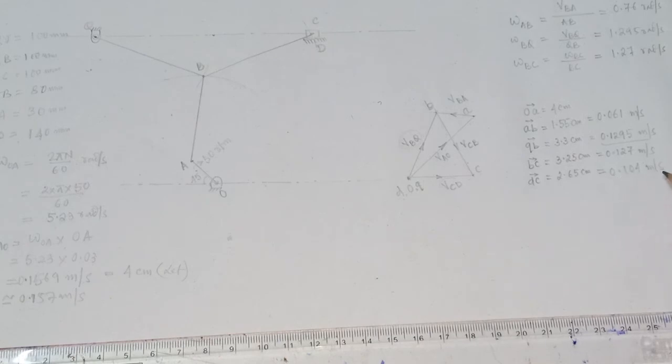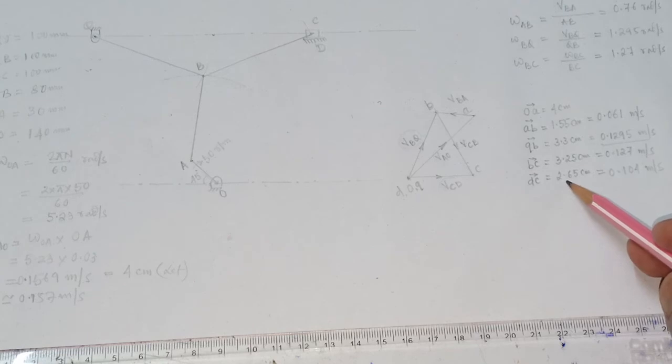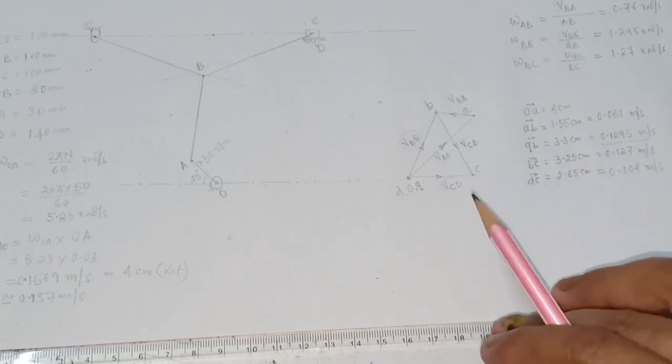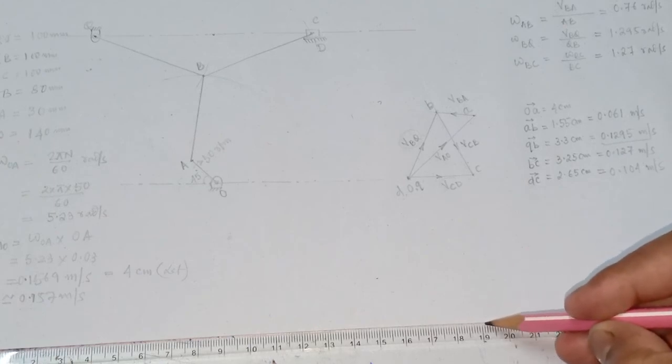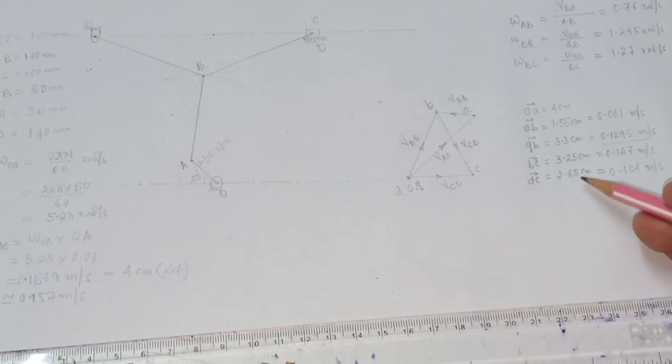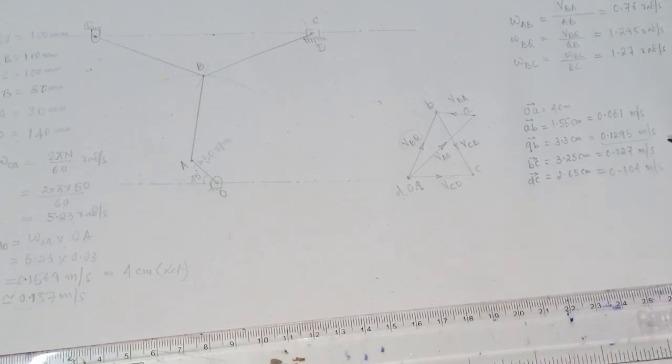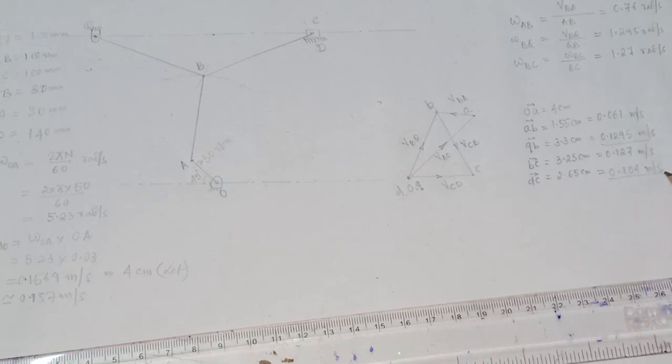Now DC comes to 0.104 meter per second. According to the book, it has been mentioned as 0.105 meter per second, so it might differ, as I have taken all the lengths in a standard scale, so it varies in between. Suppose the point comes between 19 and 19.1, so we have taken 6.5. As I told you earlier, it might be 6.6, 6.7, or 6.8. In the same way, that is why 0.001 meter per second differs. So nothing else. This value is also very much relative.